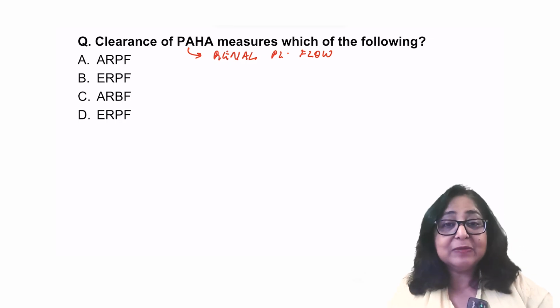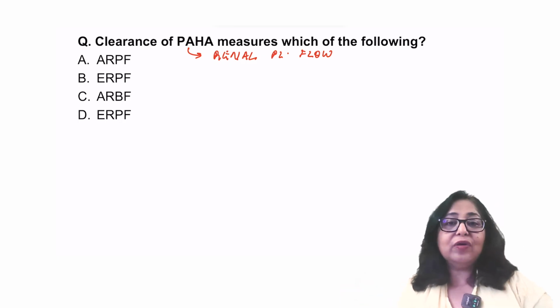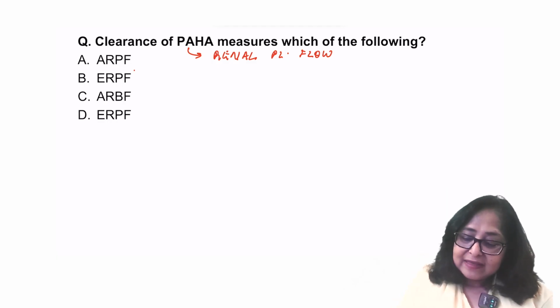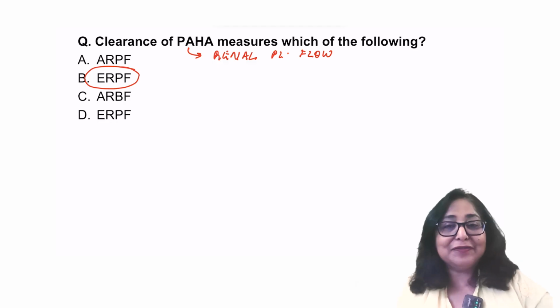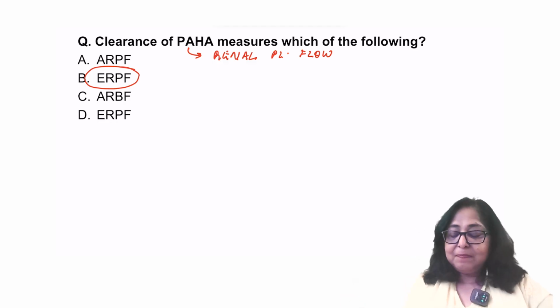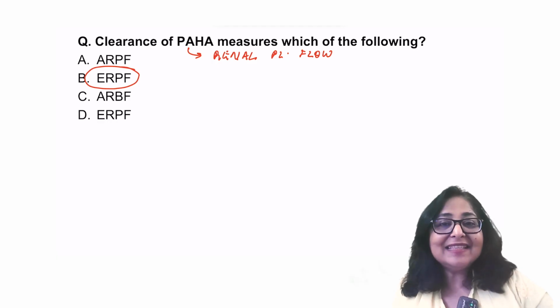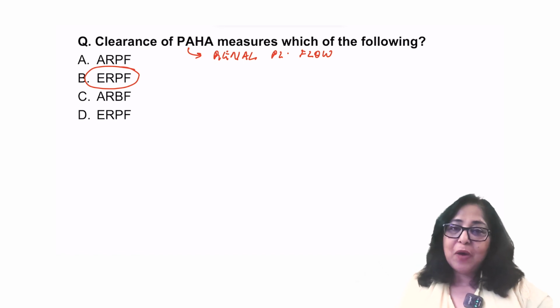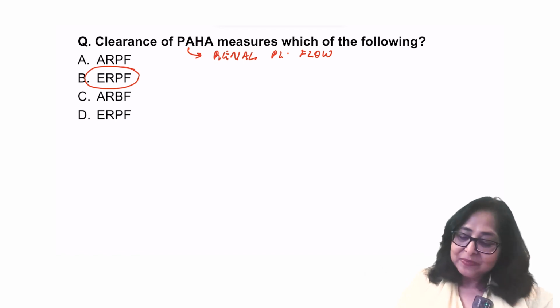Now there are two terms over here, the actual or the effective. Now clearance of para-aminohippuric acid actually measures the effective renal plasma flow. Why effective? Because para-aminohippuric acid has an extraction ratio. Now what is extraction ratio? Now extraction ratio is,